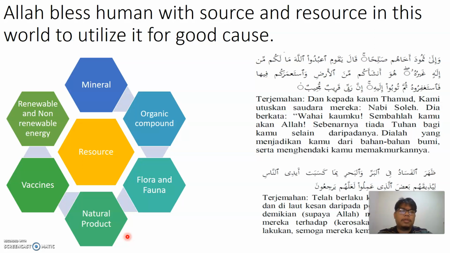As we know, Allah has given us sources and resources in this world. So what did Allah give? Allah told us to use it for our own good, for a good cause. If we go to this ayat of the Quran,